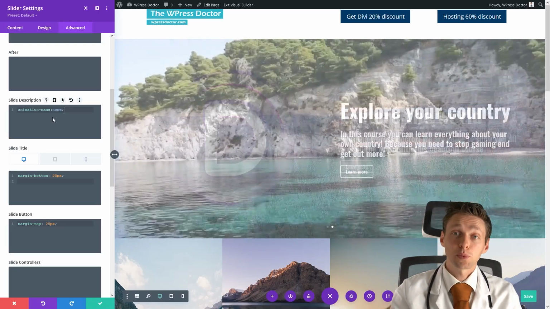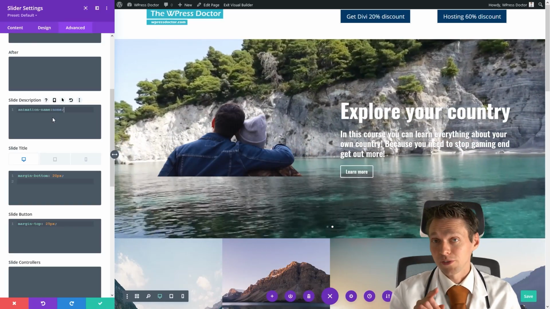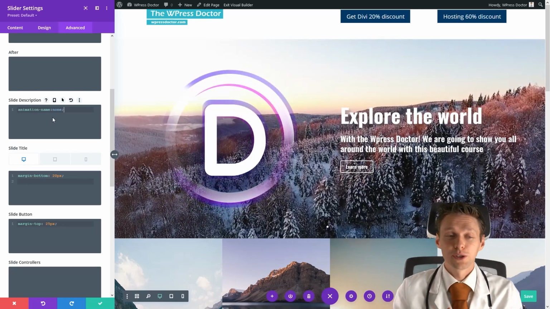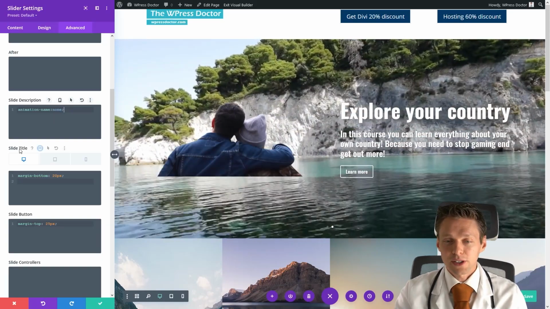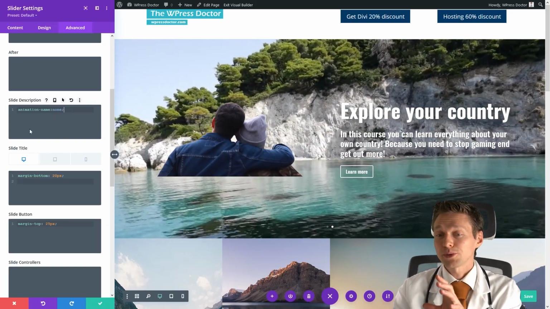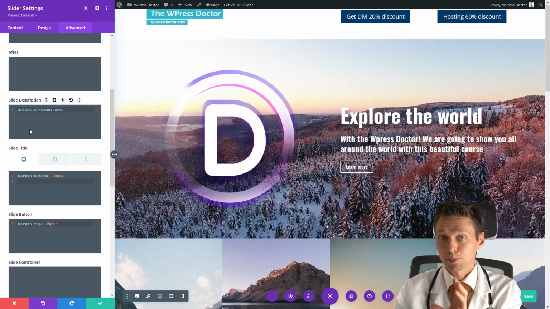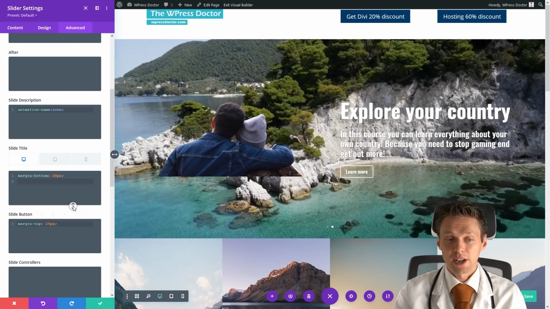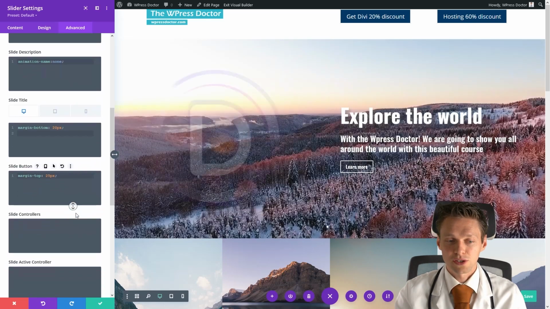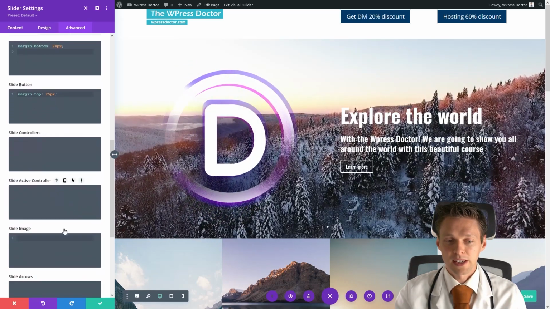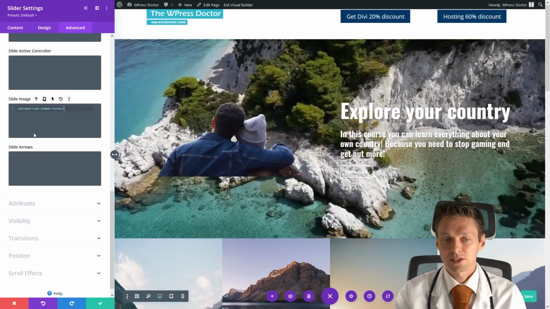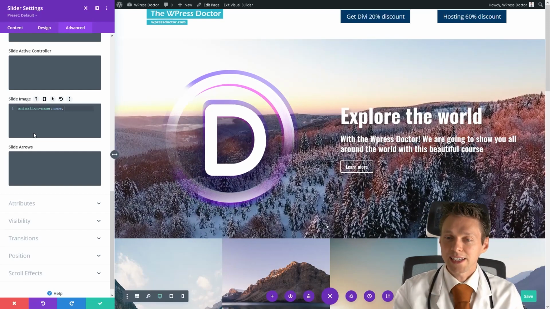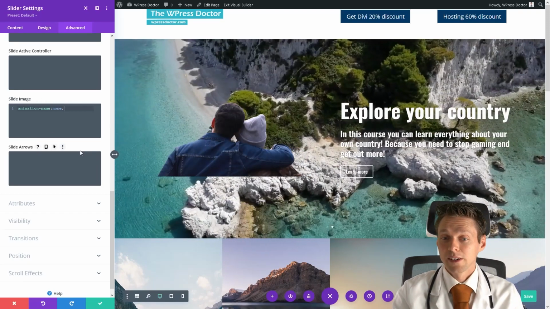Now this CSS snippet will also be available in the description of this video, where you can find a link for all the CSS snippets that we're using today. As you can see right now, the description is always on its place. It's not moving anywhere. The images, however, are still moving. So you go down there and you go to your slide image, and there you paste in the same snippet. Animation name is none. As you can see now, the images and the text will stay in the same place.